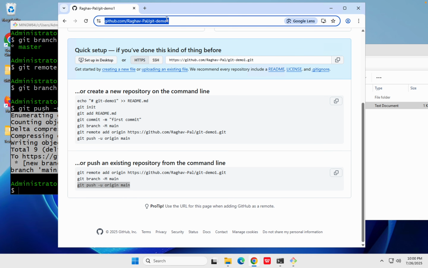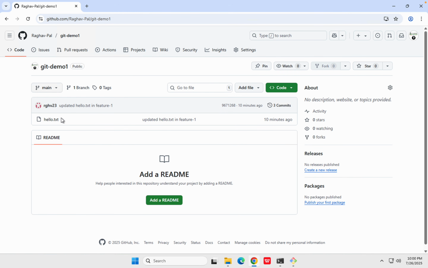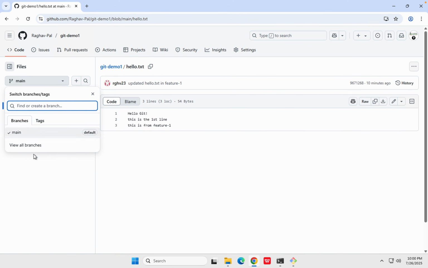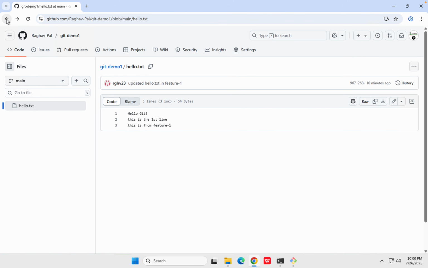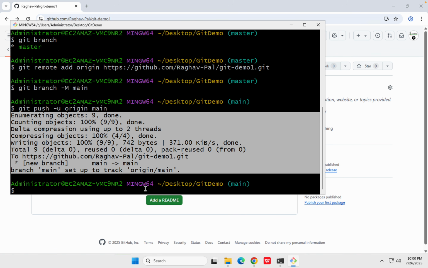And now if I refresh my GitHub repository, you can see I have got it here. This is our file, and all the changes have come here, and I can see the branch here. If you add more branches, you will see them here. Okay, so let's say if I say